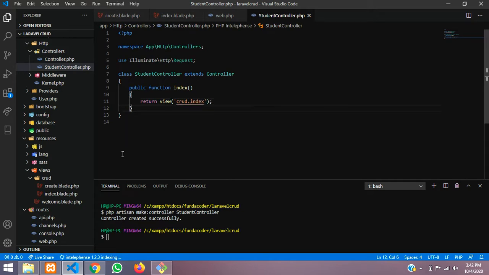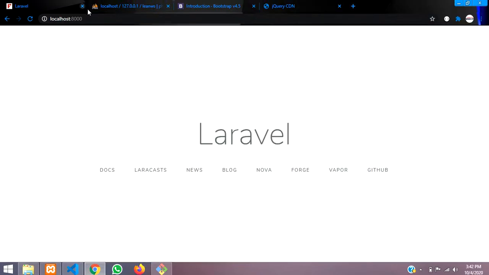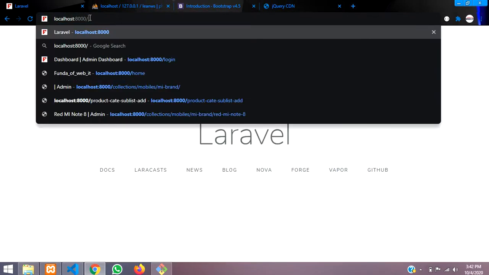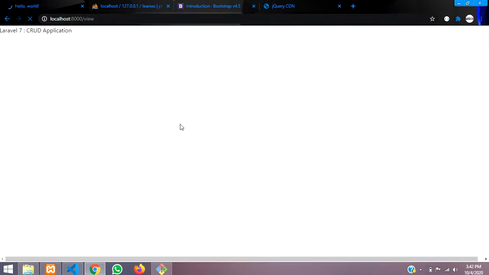That's it. Save it. Finish. So guys, whatever you call by this route will be viewed. Let's copy this and go to our application /view. Hit it and you can see the output loading, Laravel 7 CRUD.